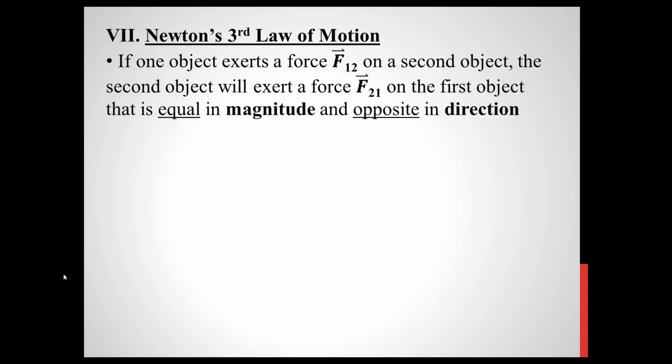Let's give an example of this. Let's say we have object 1, and object 1 is moving towards the right with some kind of unknown velocity. And then we have object 2 that is just sitting at rest. So these two are going to collide. Now, when these two collide, if I drew a partial free body diagram of object 2, when they collide,